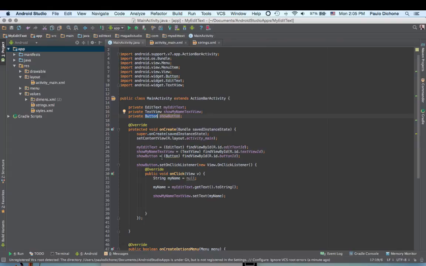And here we are setting our button, the on-click event listener. And inside here we created a string variable called myName, and we just gave it nothing, null. And then we set that string myName to whatever we're getting from our edit text. And in our edit text, we're actually converting whatever we're getting to a string, and then we're setting that to myName, and then we go back and take our text view to show myName text, which is, and then we set a text